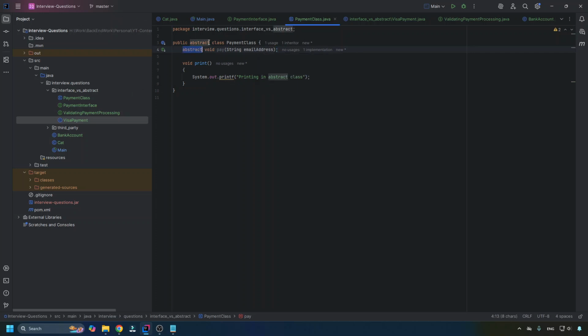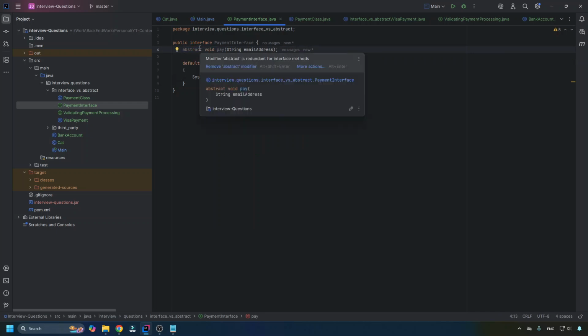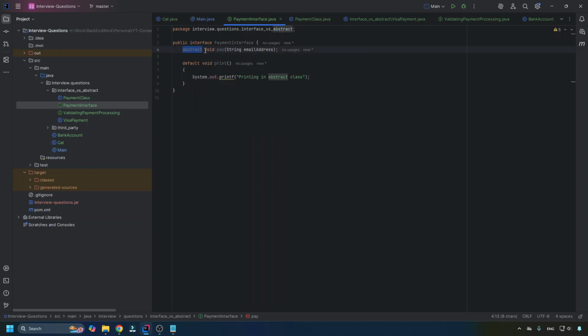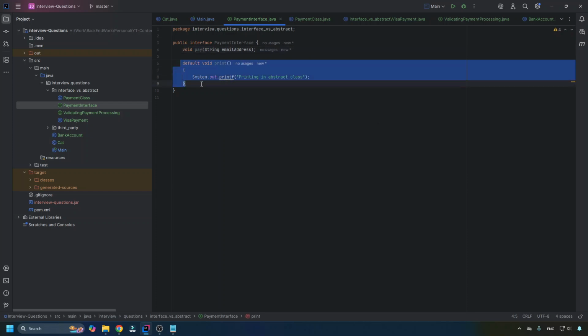So this is for abstract. For the interface, it's pretty similar. All the methods that you include are internally abstract, so you don't really care about it, because the modifier abstract is redundant for an interface, since an interface is expected to be abstract by default. The point here is similar, and you can add a body, like for the print method, to be